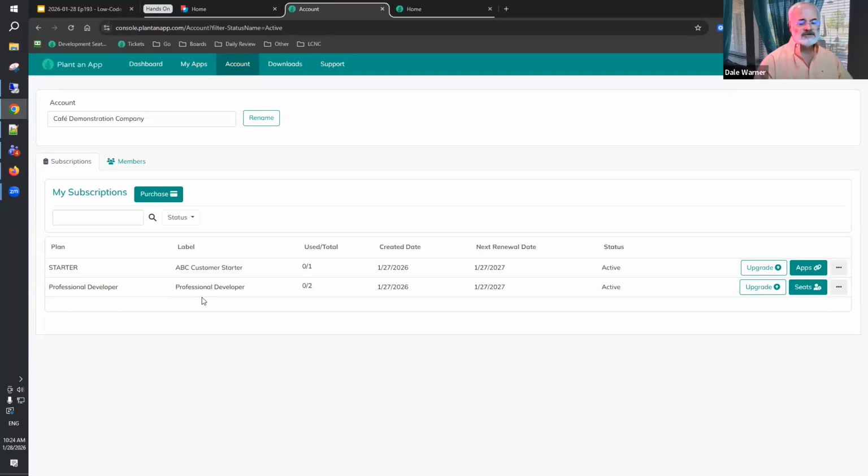And then we have a professional developer. So this would be a typical scenario. I want to be a professional developer and have those capabilities, and eventually I'm going to install it for a customer. So I bought a starter plan and a developer plan. To do the installation,